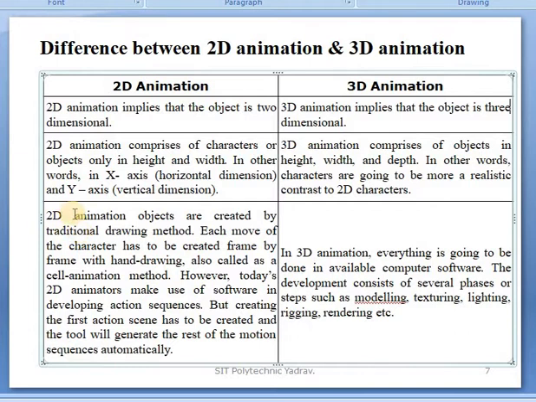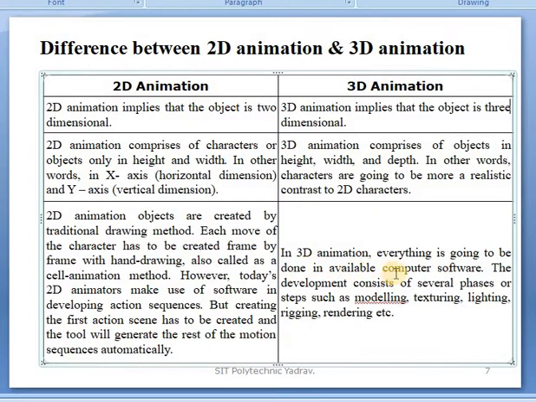Next difference, in 2D animation, objects are created by the traditional drawing method. Each move of the character has to be created frame by frame with hand drawing, also called the cell animation method. However, today 2D animation makes use of software in developing the action sequence, but the first action scene has to be created, and the tool will generate the rest of the motion sequence automatically.